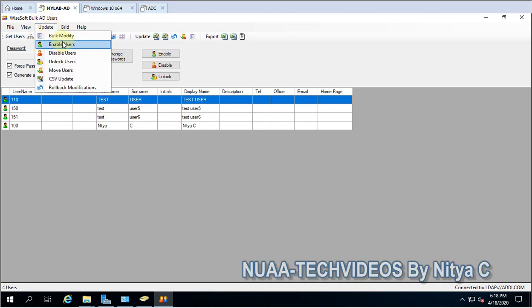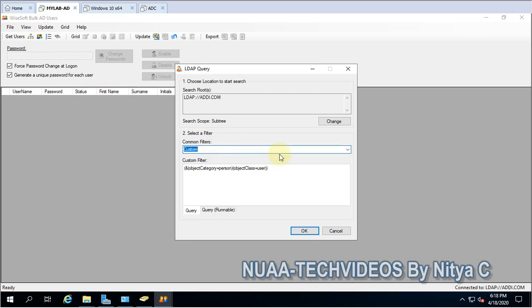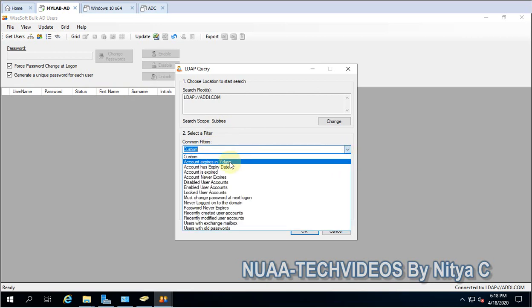And at last, let me show you from the query. With query, you can write the query. So here, account expires in 7 days, or you can modify as per your needs. So many queries are there. Password never expires, and so on. These are very good informative queries, which will be executed, and you will get the 100% result of that.